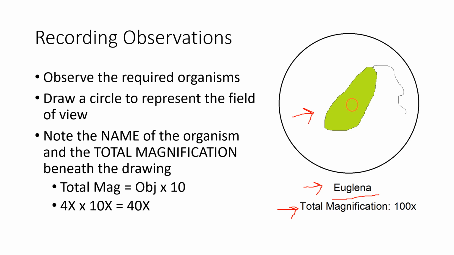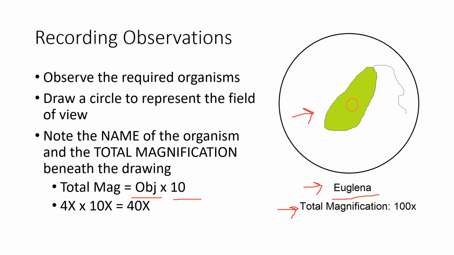It gives the observer a little bit of information on how large that organism is relative to how much it was magnified. To calculate the total magnification, you want to take the power of the objective lens you were using and multiply it by 10. You have to do this because remember, this microscope is a compound microscope. So the light, the image, passes through two sets of lenses before it hits your eye